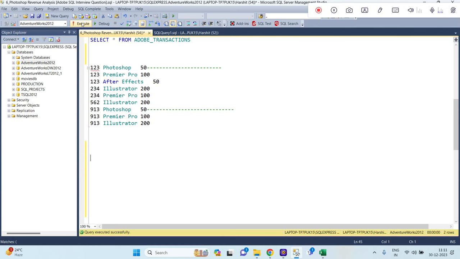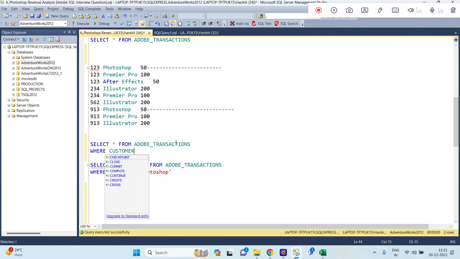Now what we have to do is select star from the same table where customer ID in, bracket open. Now we have taken those customer IDs who have bought Photoshop products, but now we do not need